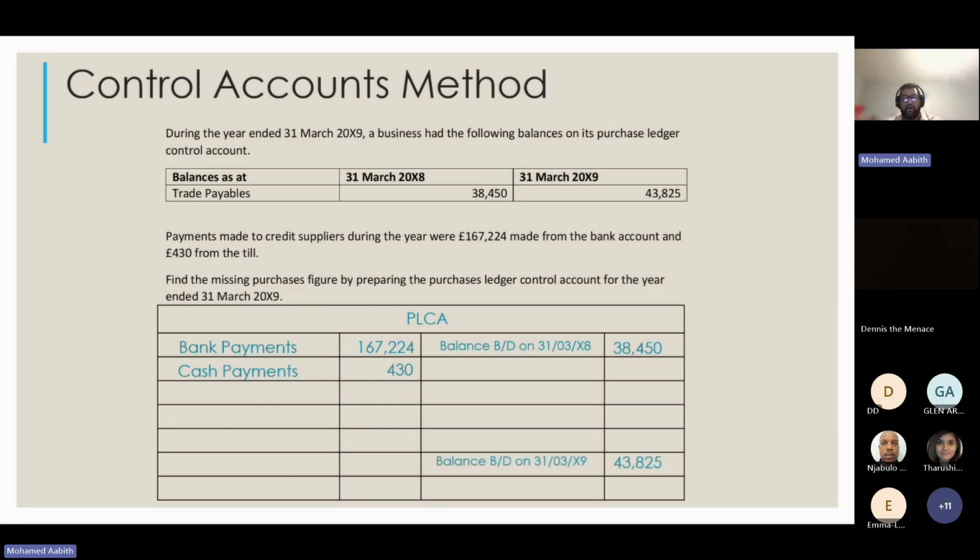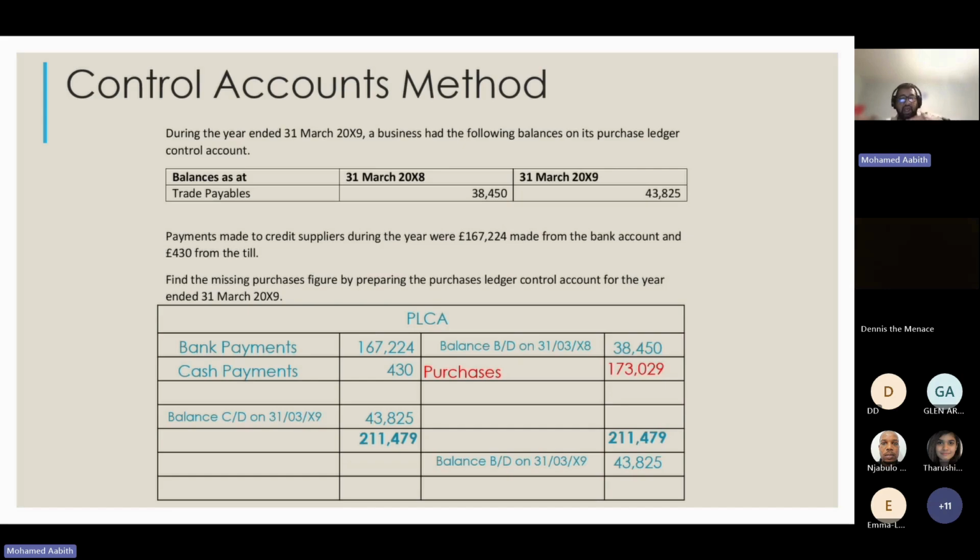And then also we have found what is the balance brought down on the next period. So if I do this now, I can simply find the purchases by putting the balance carried down figure here. That means the balance brought down will become a balance carried down. Can you see here? I'm going in reverse. Normally I work my way down. This time I'm going to work my way upwards. So this way, the total will be the same number on both sides, and the difference between that total minus the balance brought down will give us the purchases figure. Can you see that purchases figure? It's